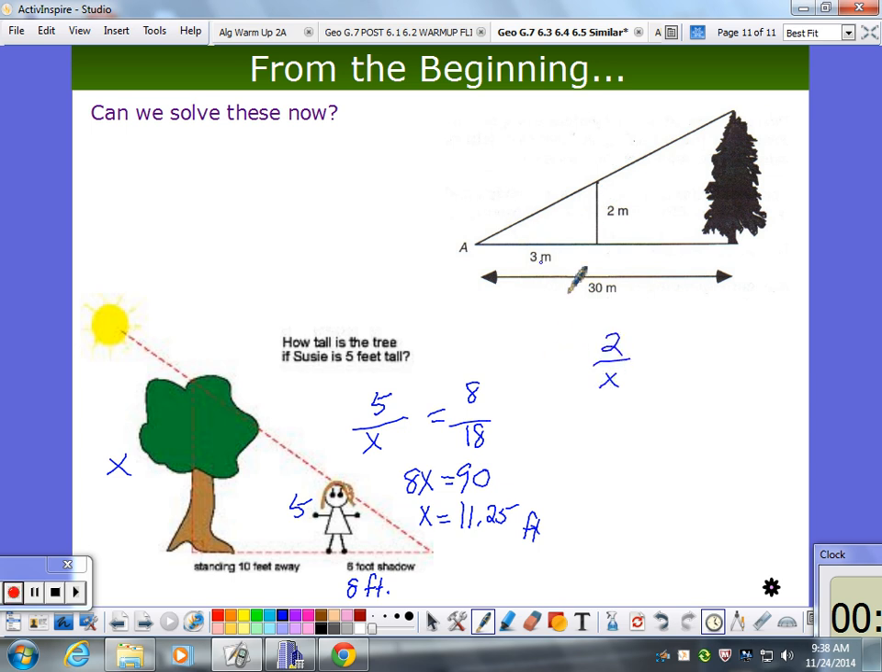It is going to be 3 to 30. This one they are giving me the whole thing here. So 3x equals 60